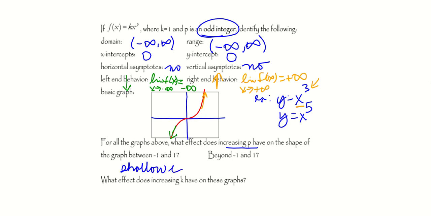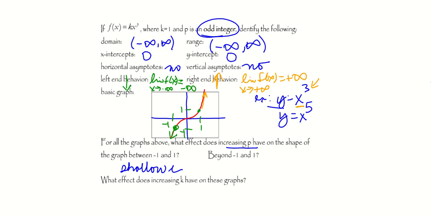So if this was the point 1, 1, and this were the point to plot, -1, -1, and I were to do, if this were the graph of y equals x cubed,